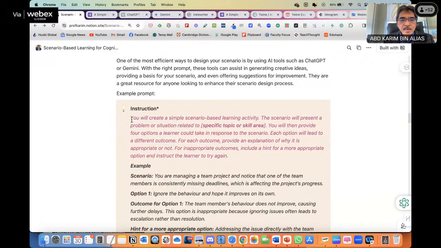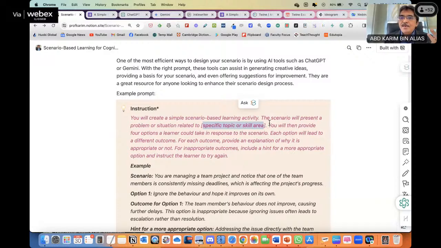In this case, I say, you will create a simple scenario-based learning activity. You means ChatGPT, of course. We give the persona to ChatGPT. The scenario will present a problem or a situation related to what? This is where you define the topic of your scenario-based learning.